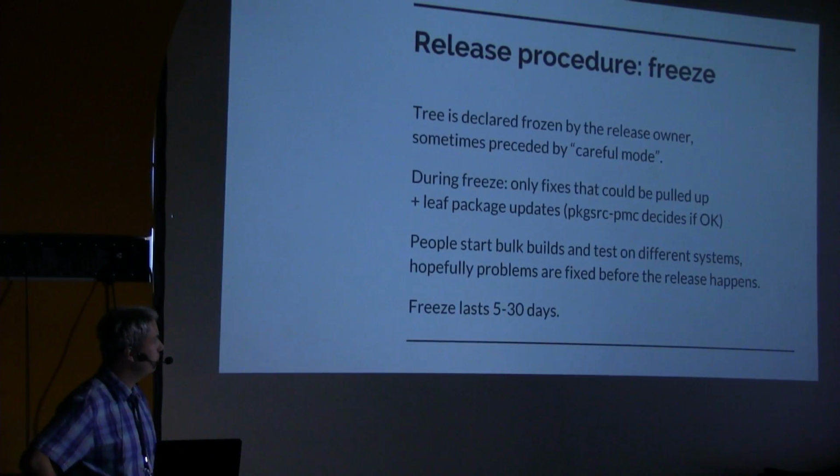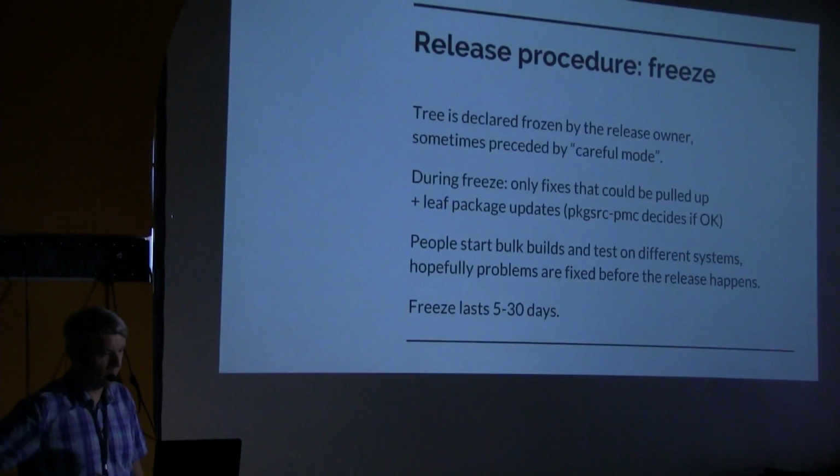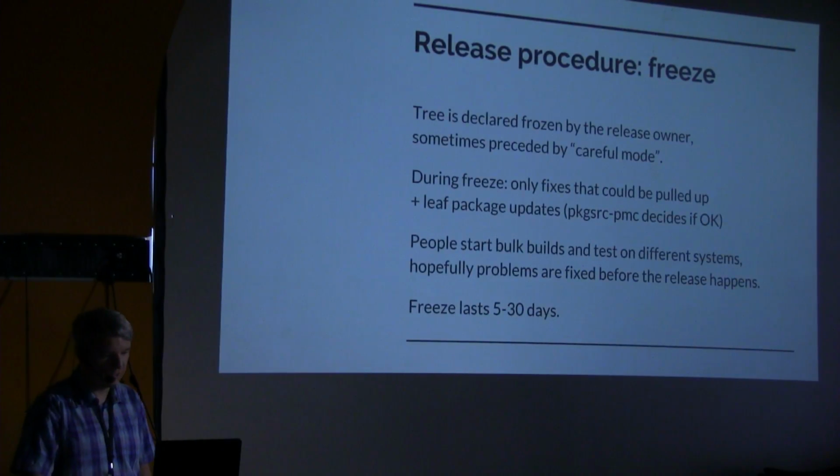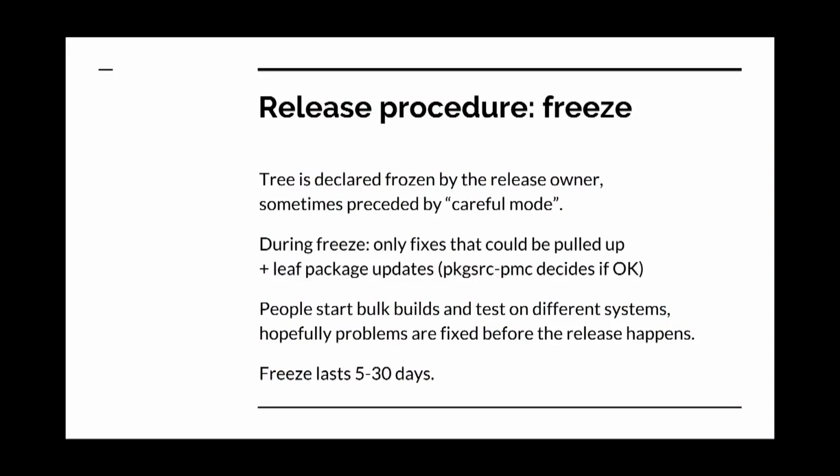So the release starts with a freeze. The way this works is the owner of the release, typically one of the PMC members, the last time it was Greg, GDT, declares the package source tree frozen, and sometimes a little bit before that happens, either